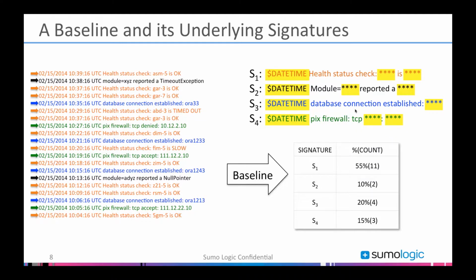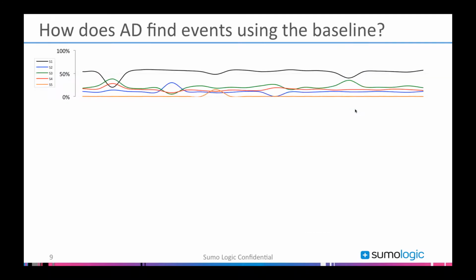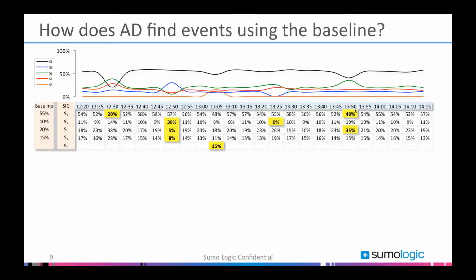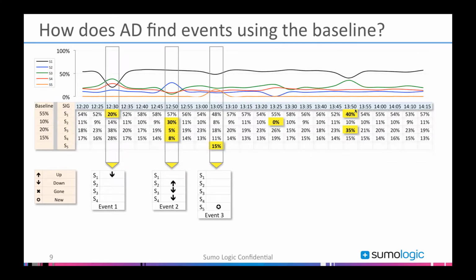So we can build that baseline, we can build that profile, and then what the anomaly detection engine does on top of that, it looks at successive baselines, and the baseline that we built over the last 5 minutes, we call it the digest. So it compares the longer term baseline with the last 5-minute digest and picks out places where there are anomalies, and picks out things where there is a lot of deviation from the standard, from the baseline, from what's expected. And it starts turning those things into events.